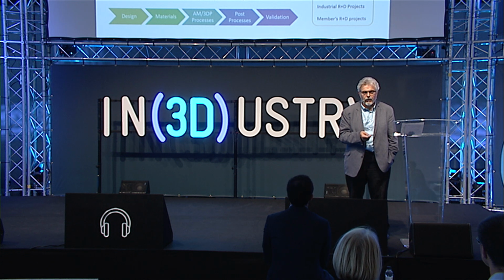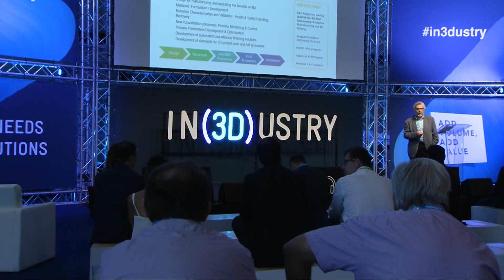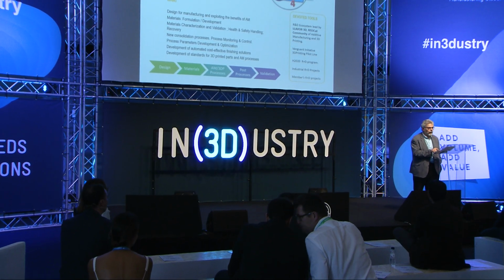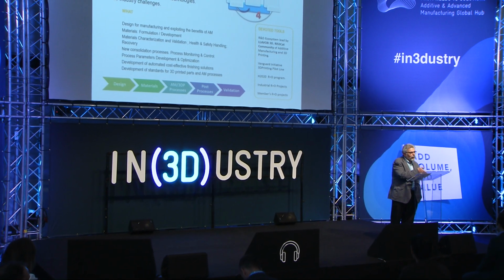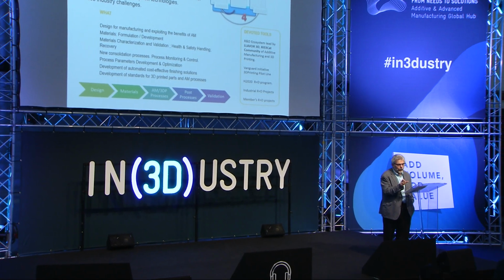But we know that in this path, we see and we find lots of obstacles, lots of difficulties, lots of unsolved needs. Then IAM3DHUB will also be an R&D environment to face these challenges. And we are going to face these challenges in all the value chain, but mainly in the steps before the process and the steps after the process, because the research in the proper processes will be made